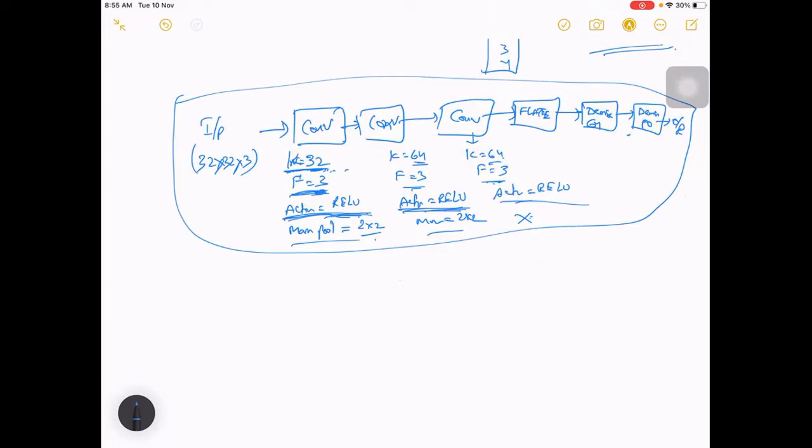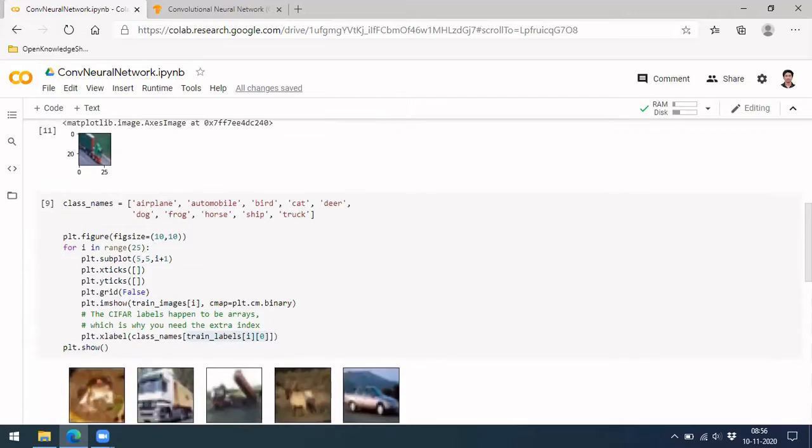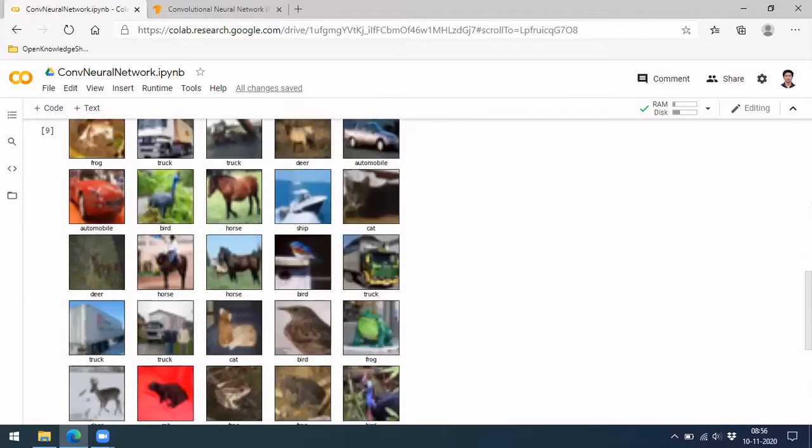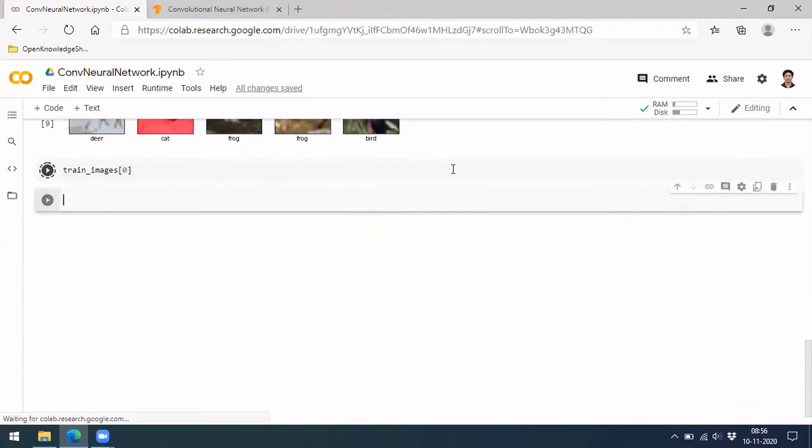So let's quickly jump onto the code and implement this. Just before starting this CNN design, let's look at the image. We need to normalize, right? We did not do a normalization over here. We took these values in the train images directly. Your values will be within 0 to 255, but it is ideal to have them between 0 and 1. It is recommended to have them at least between -1 and 1 or 0 and 1, so that your training will be better and your optimizer will work much more easily.